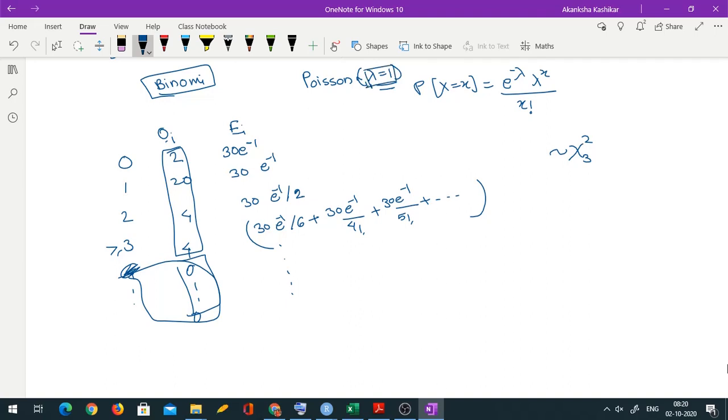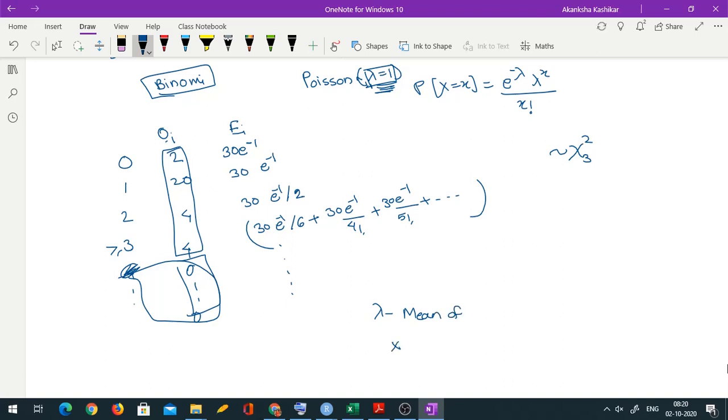Now consider a scenario where someone asks me, can I approximate the number of siblings via Poisson distribution, but I don't want to specify any mean. Any mean is fine with me. So we don't know the mean. We are just interested in checking whether it can be approximated via Poisson distribution with some mean. In that case, I won't start with lambda equal to 1. What I'll do is, I know that lambda is mean of the data. Okay, lambda is mean.